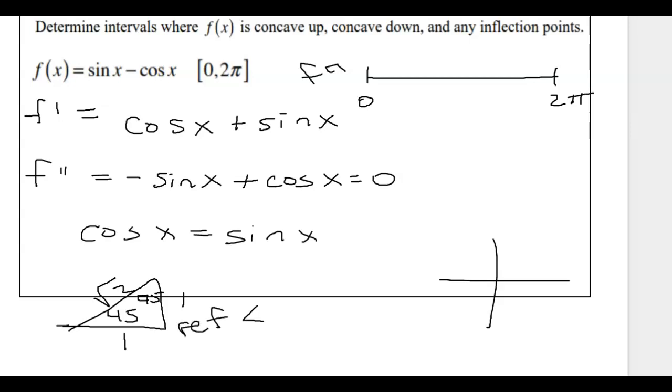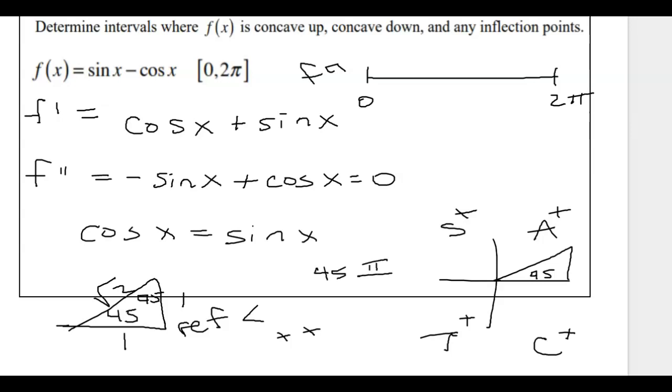Now I need to find out what quadrant that is. So all students take calculus. And remember, this tells you where they're positive. So we want them to be either both positive or both negative. So let's look at where they're both positive. Well, that's in the first quadrant. So that's going to be at 45 degrees, which remember, if you want to convert that, 45 goes into 180 4 times. So we're looking at pi over 4,